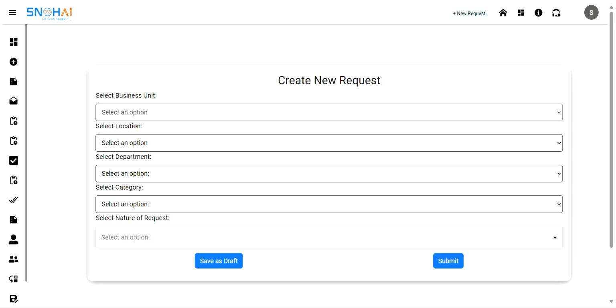This will be visible to approvers based on the request's nature. Reviews and approvals are automatically configured. Users can upload supporting documents and add remarks, providing additional information about the request. There are options to submit the request to either the reviewers or save as a draft for editing later. This carefully designed process ensures all the correct information is captured before submission.